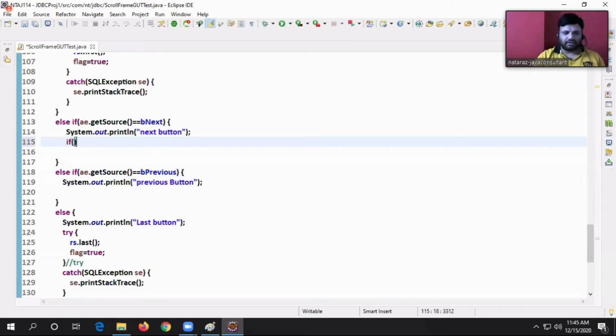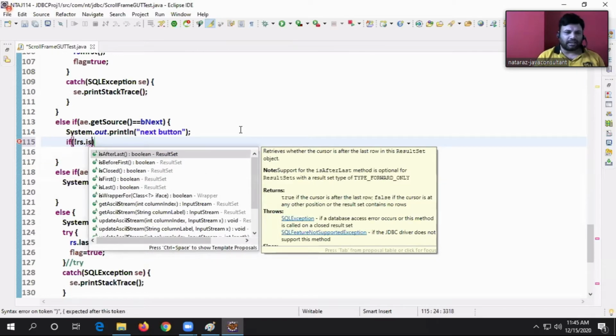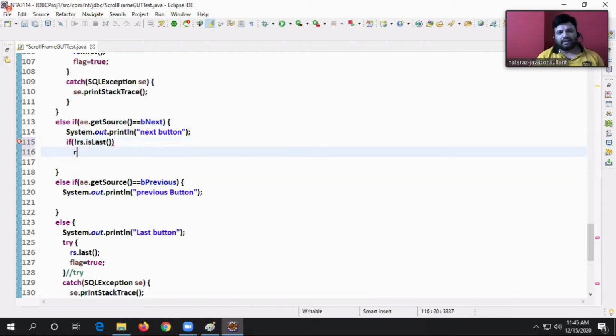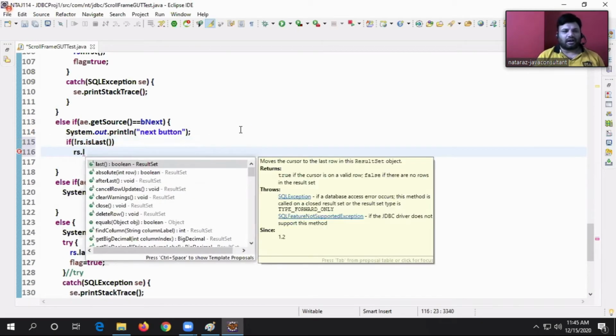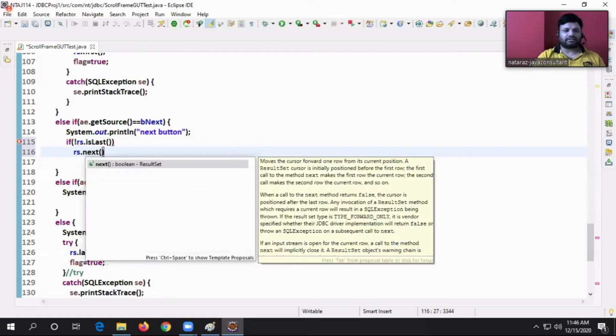Let's see now. If not, tell me, guys. If not rs.isLast(), if the cursor is not already there in the last record, rs.next.